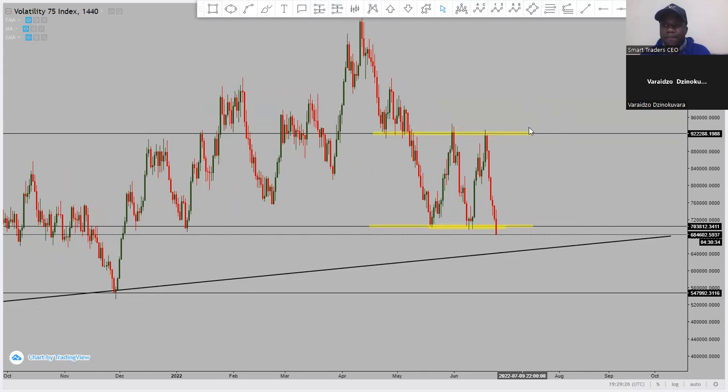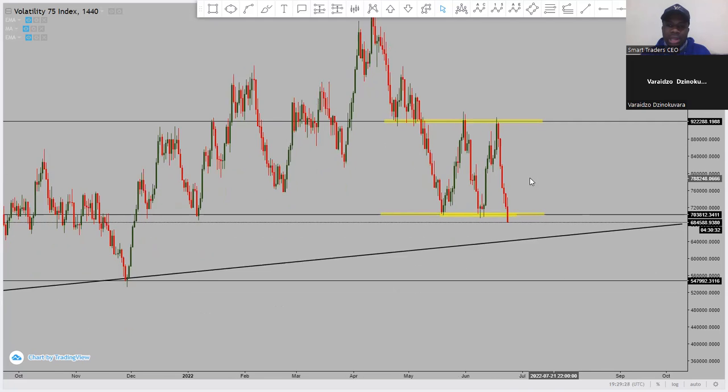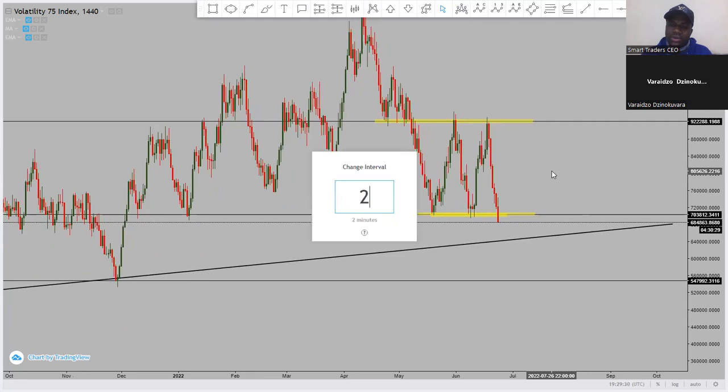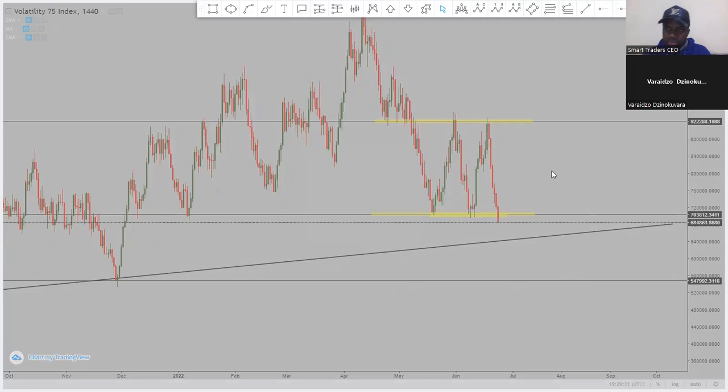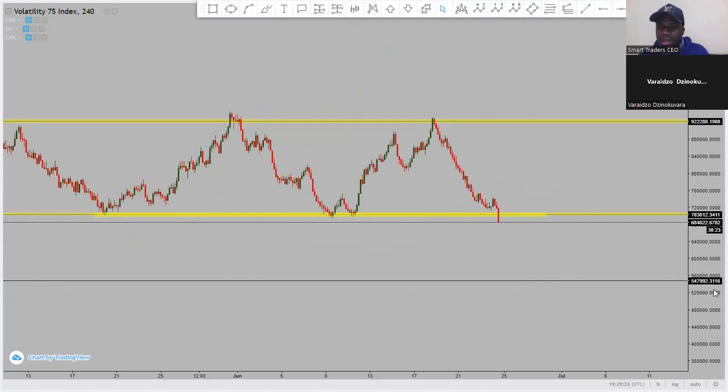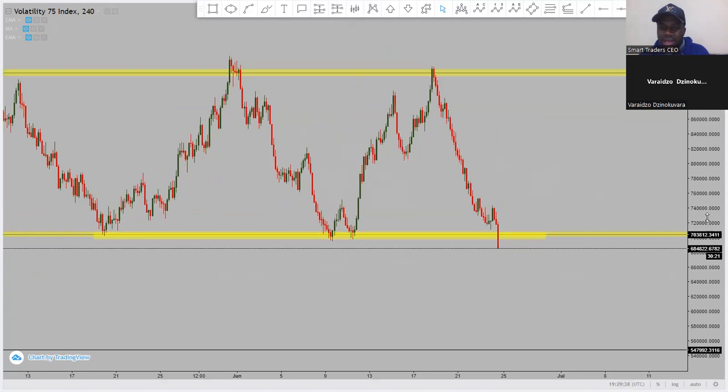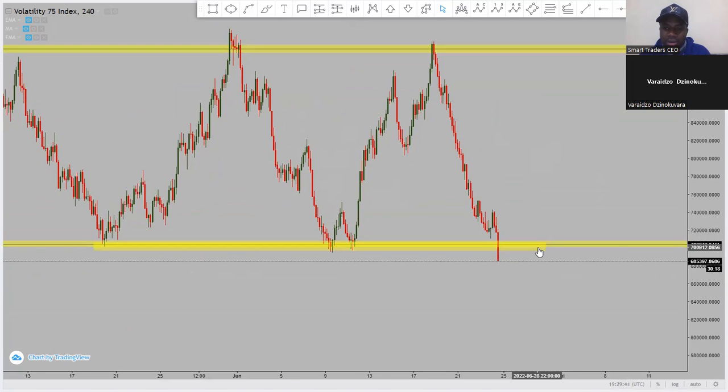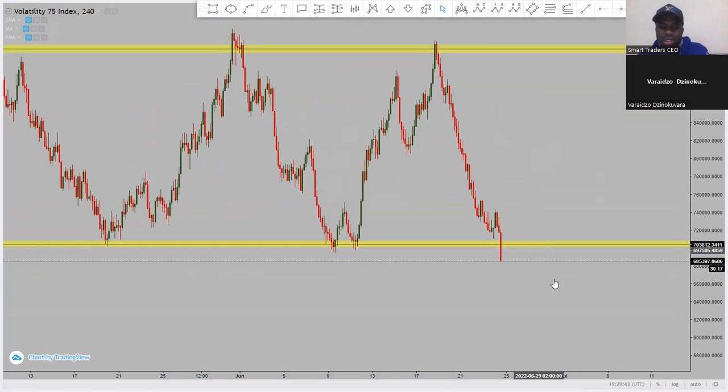So now we can see that price has already broken out of that level, which it was respecting for a while. Right now, this 4-hour candle is closing in the next 30 minutes. Once it closes, most probably the scenario that we expect is for price to come back, then give us a rejection, then boom.